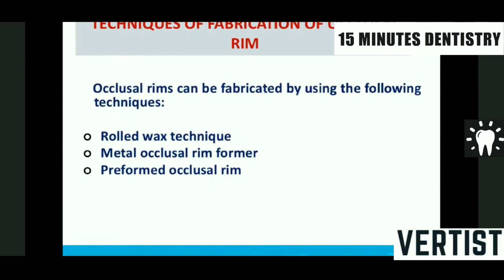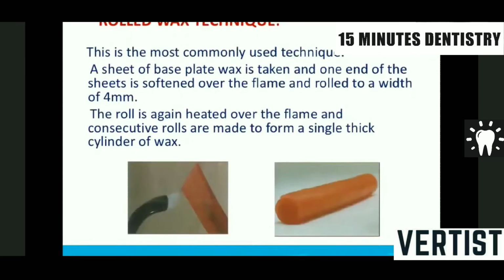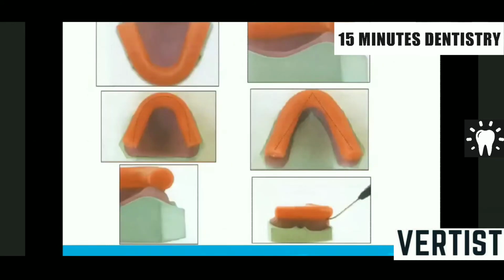Well, we'll just read the rolled wax technique, where you take a base plate wax, heat it evenly and roll it like a small roll, then pull that roll on either side so as to make the center portion slightly thin. You place it on the temporary denture base or a permanent denture base, whichever you are using, and in the maxillary arch you make it in a U shape, and in the mandibular arch in a